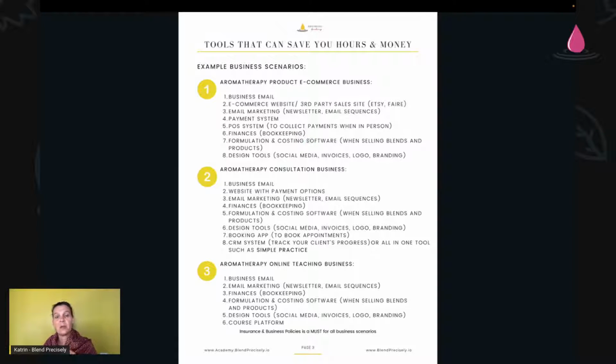So then the third one is an email marketing system. You can go very simple. And what I mean by email marketing is that you have a way of collecting email addresses and informing your potential customers about your new products, your services, any tips and tricks you might have, you going live, and so on. So you want to have an email marketing system, and that can be just something like Mailchimp. Mailchimp is free in the beginning. You can set up everything on Mailchimp. You can have opt-ins on Mailchimp. You can have a landing page on Mailchimp. So they are amazing actually for a free version of what they do. That's how I started out as well.